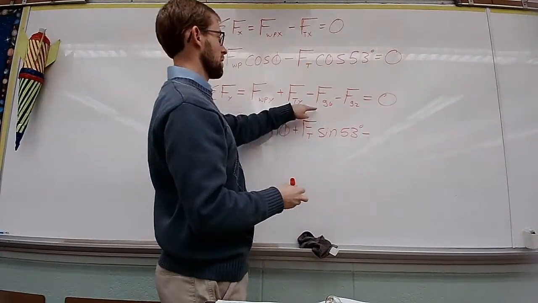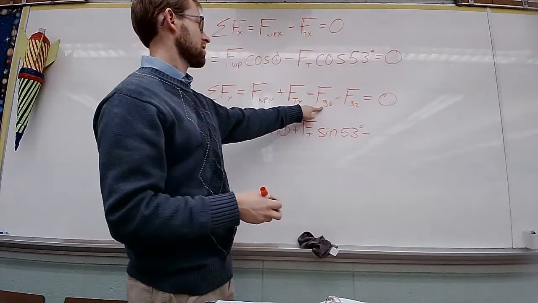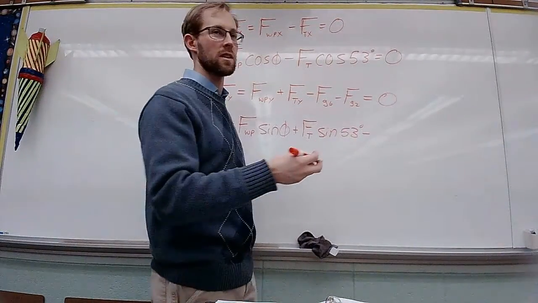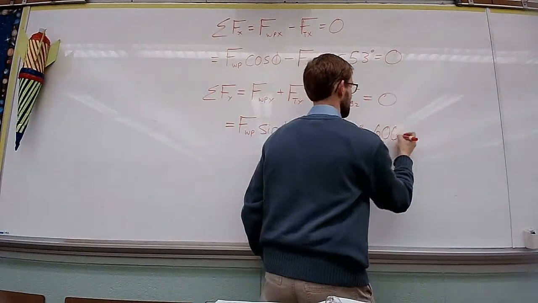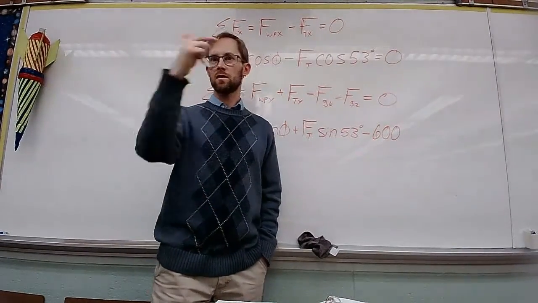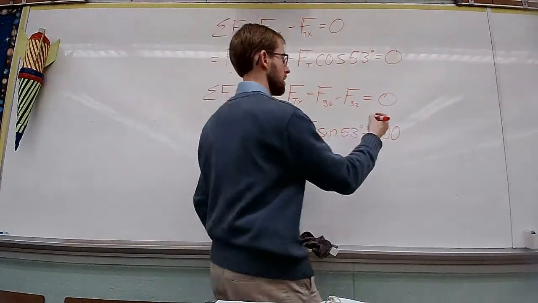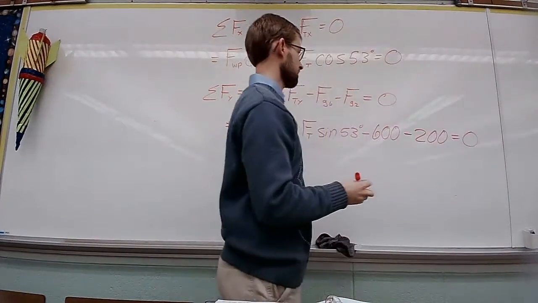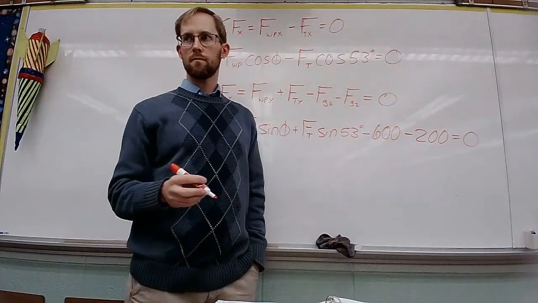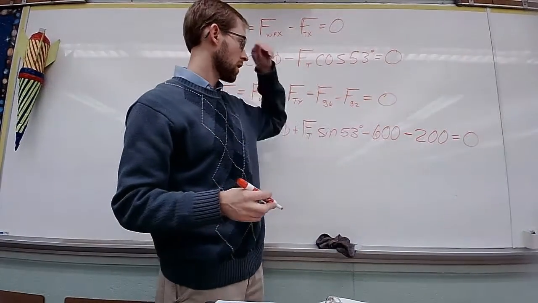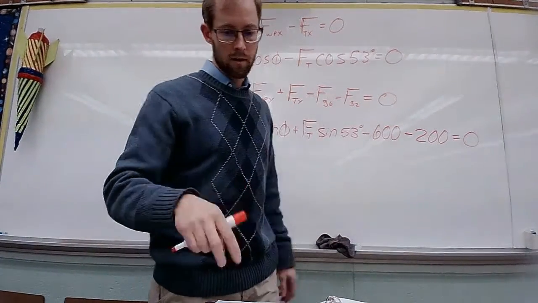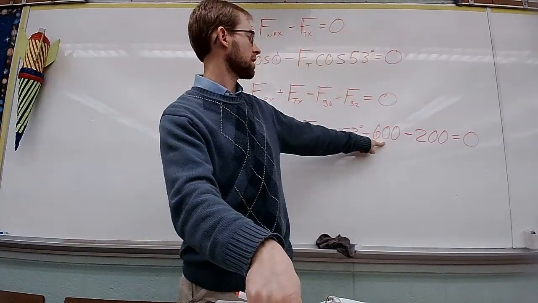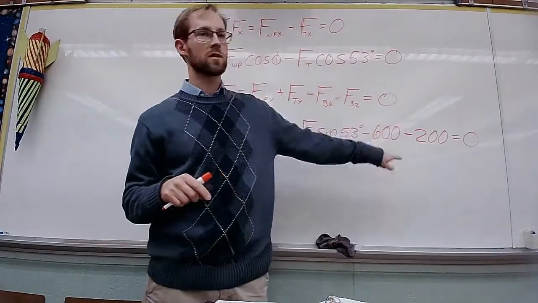Now here's the cool thing about force of gravity. I set the mass of the person equal to a certain value so that when you multiply it, the force of gravity ends up being 600. The mass was listed from the original picture you drew yesterday. 20.4 kilograms and 61.2 kilograms. Yes, 20.4 times 9.8 is equal to 200, and 61.2 times 9.8 is equal to 600. So that's where those numbers come from.